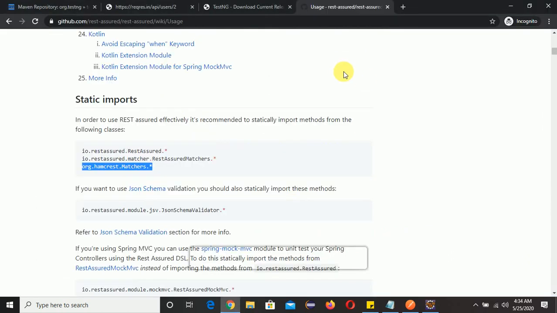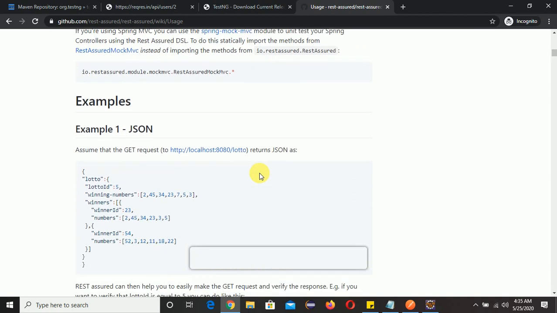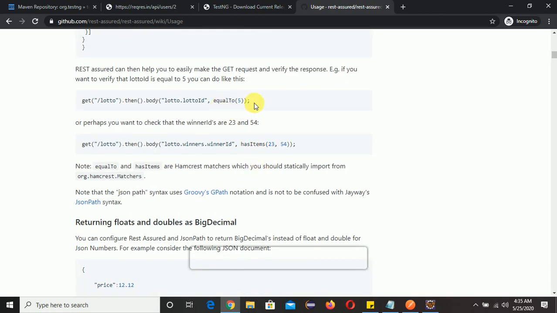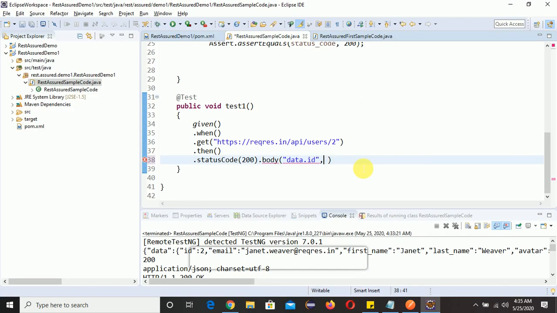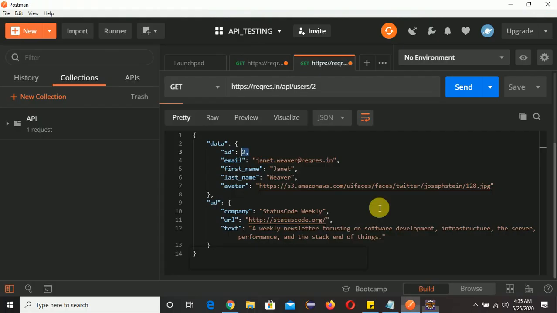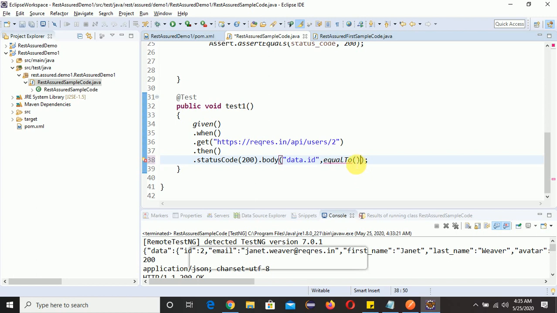If you go to the official website, you can see for equal they have used equal to. So we are going to use the same thing here, equal to, semicolon. It should be equal to 2. So we need to pass 2 here.